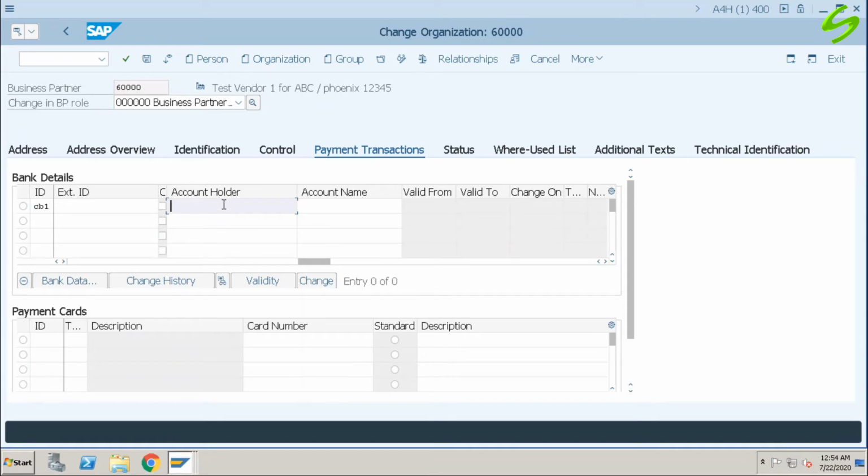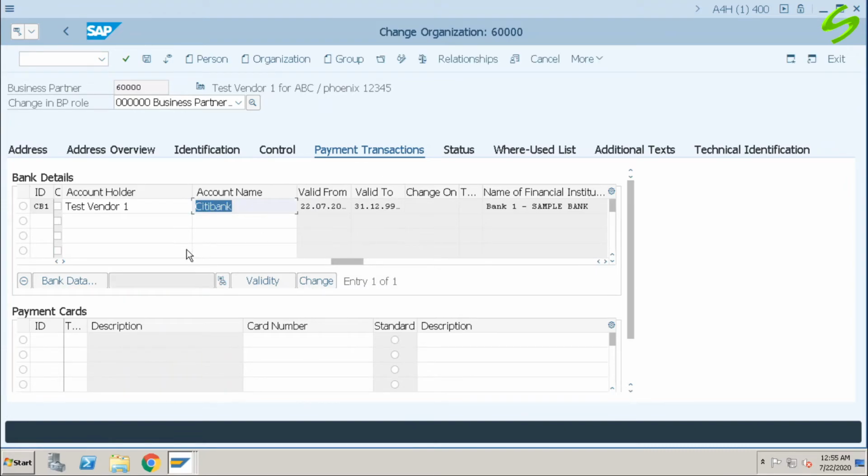For example, test vendor 1. This is account name. For example, our supplier also has a bank account in Citibank. Enter and save.